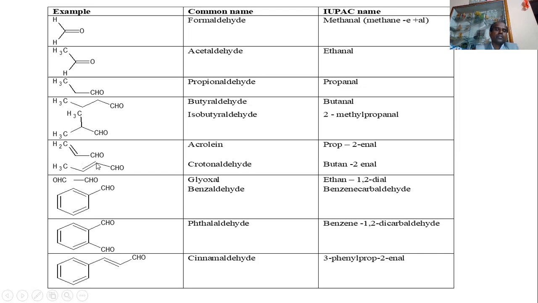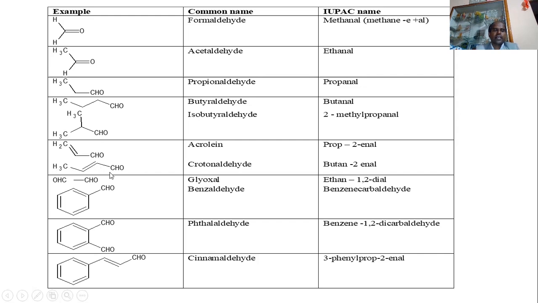At second position, ene is there. Okay, and in the terminal butene, the terminal E should be replaced with Al. That is the reason but-2-en-1-al is the IUPAC name of this structural